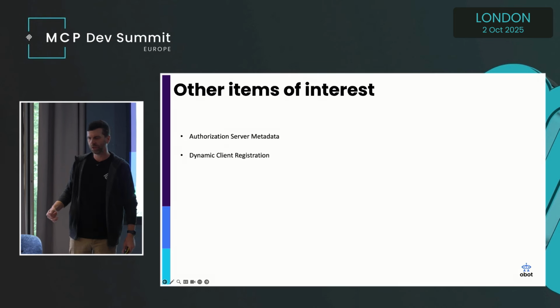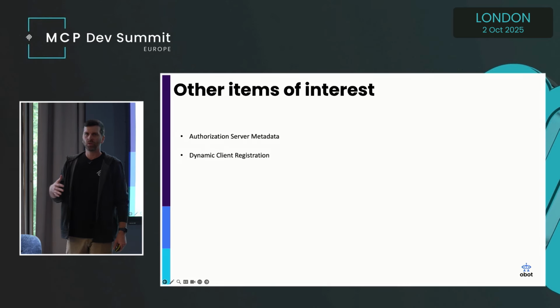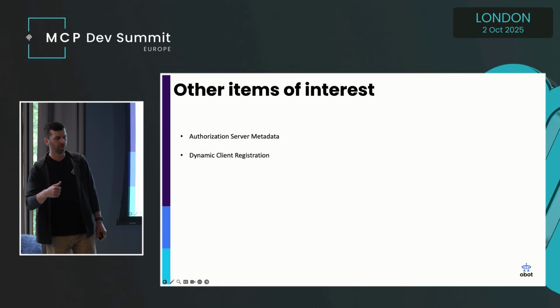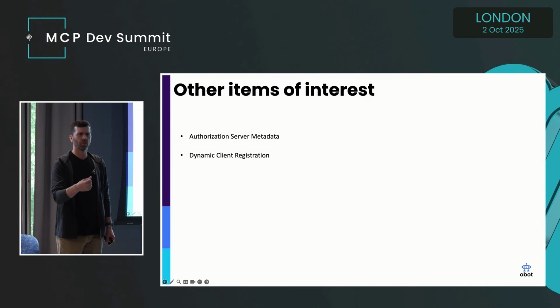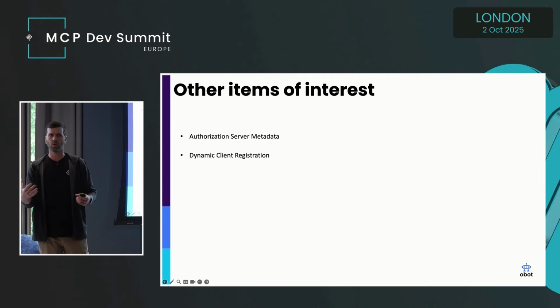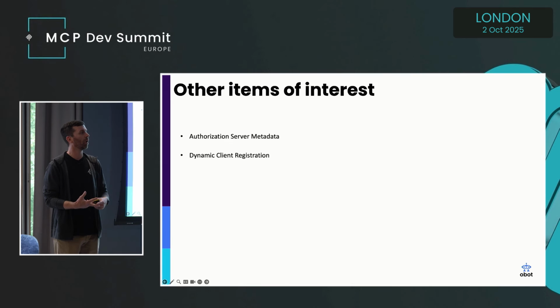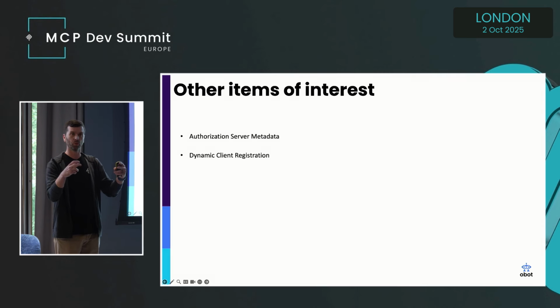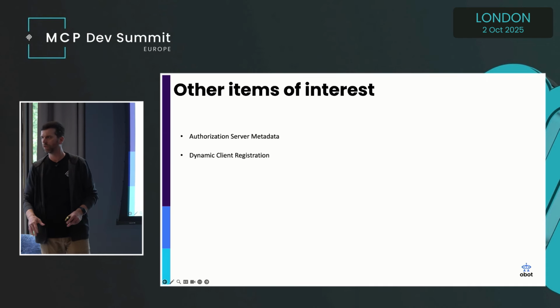Dynamic client registration. This is something that we've run into a lot of issues with, specifically MCP servers that are nervous about opening up their MCP service to any dynamic client that they want. We've seen them locked down by IP address. We've seen them locked down based on redirect URI domains. You have to get your domain approved to be able to redirect and all those things.